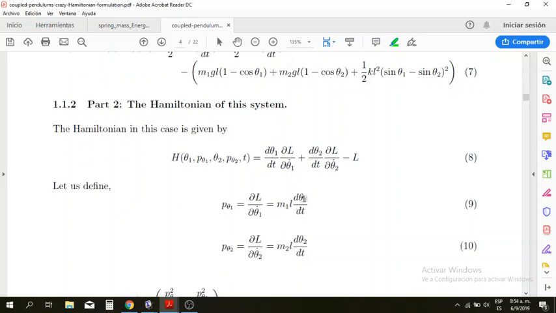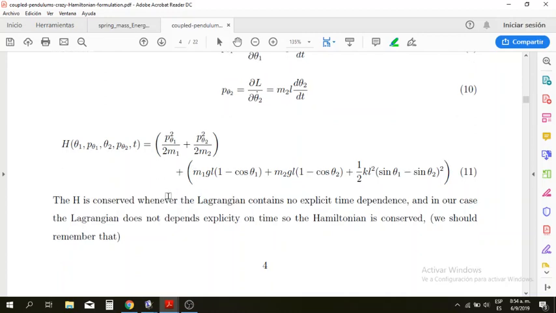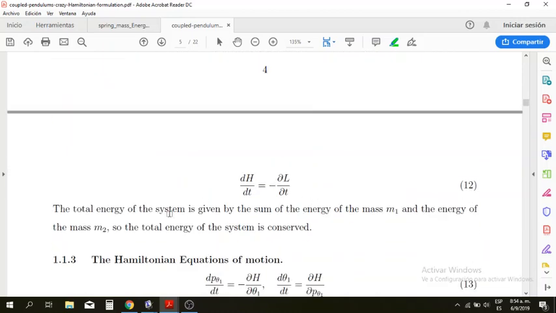Now, substituting this in here and L, we will get the Hamiltonian. This is the full Hamiltonian of the system. Look, there is the total, full, non-linear expression. And in this case, the Hamiltonian is a conserved quantity because the Lagrangian and the Hamiltonian do not contain explicit time dependency. So the Hamiltonian is conserved and the total energy of the system will be constant,